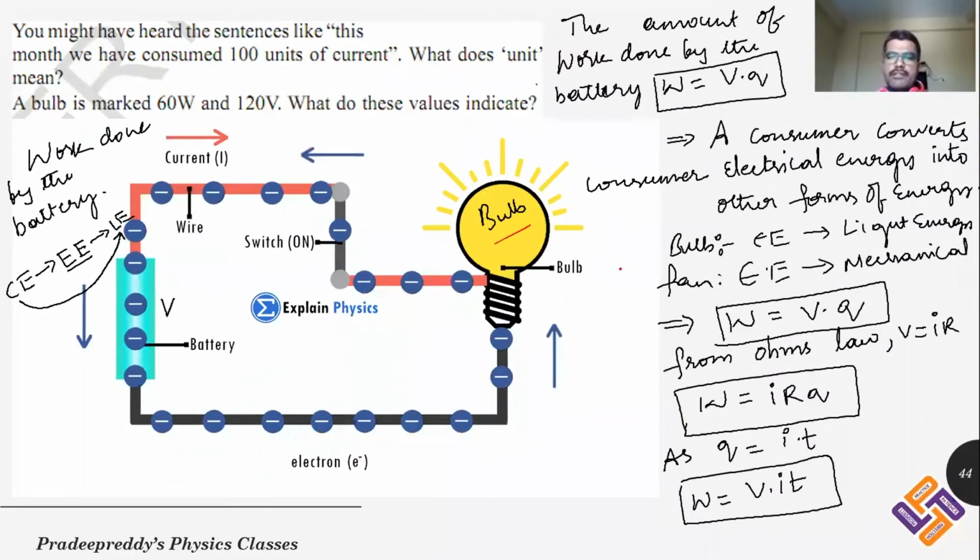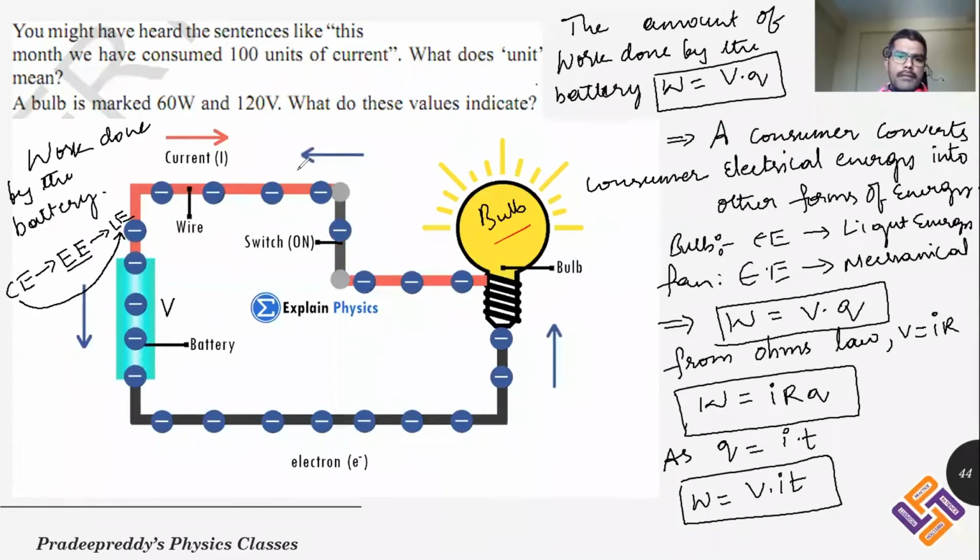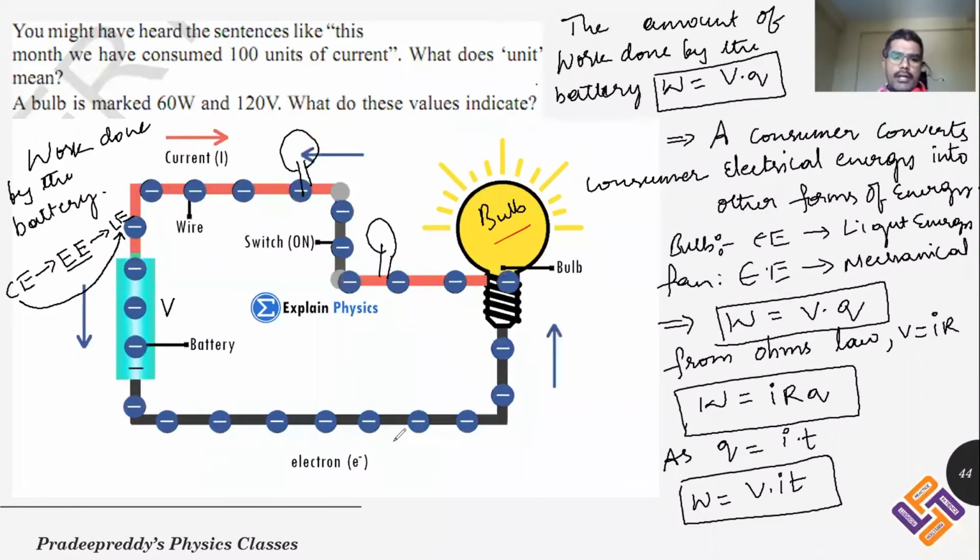absorbed by those consumers. Suppose you are connecting one more bulb here, and one more bulb here. There are 3-4 bulbs now. The more bulbs, the more electrical energy consumed. The more electrical energy consumed, the more conversion of electrical energy into light energy. Therefore, more energy is consumed if there are more components present in the circuit. More components, more current drawn from the electrical circuit, right?